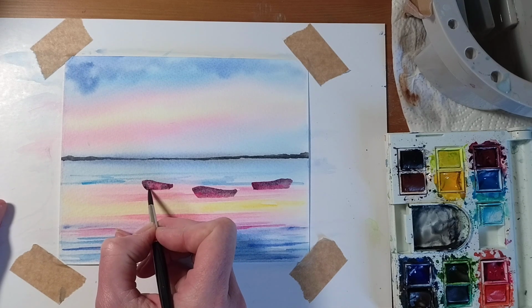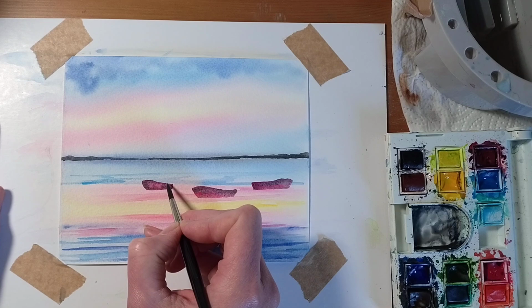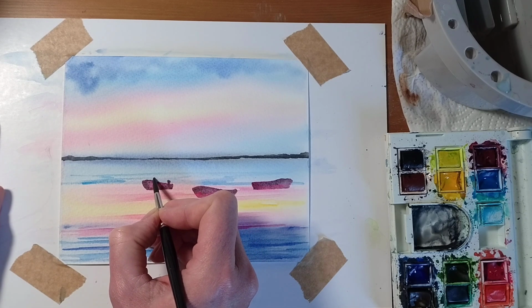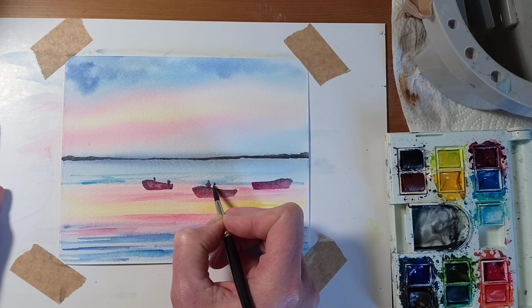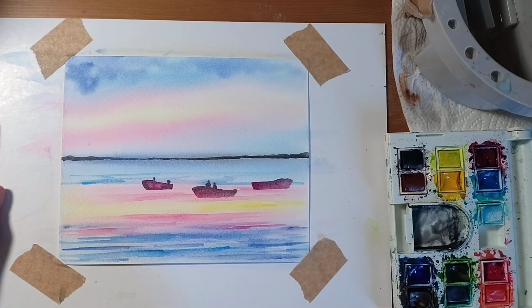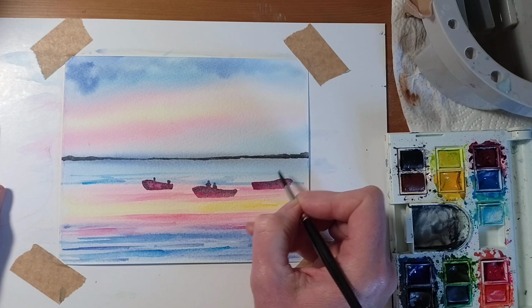So you just concentrate on getting a really nice shape, that nice flat bottom. We're going to put the reflection in after, so I can have a little bit of a motor on this one. It's up to you what you want on each of these boats. They could just be people, there could be people sat rowing. I'm going to pop a couple of people in this one. So that's a couple of dots for heads and shoulders just in there. And then we're going to have